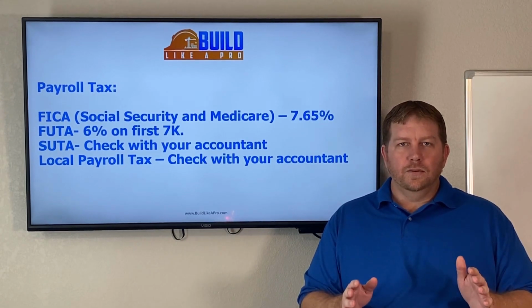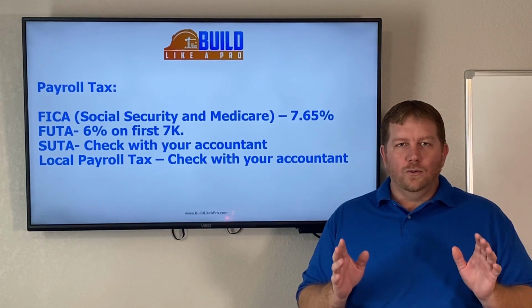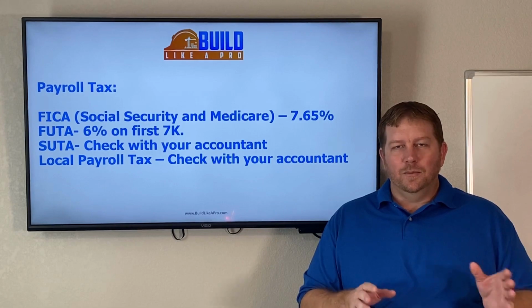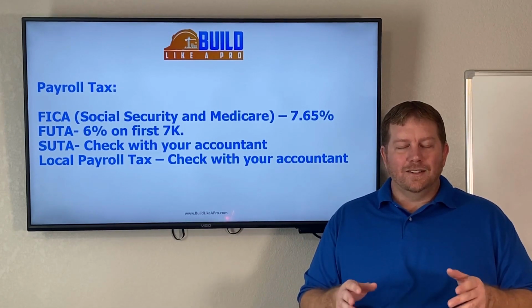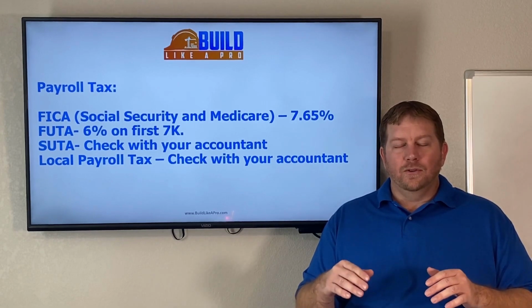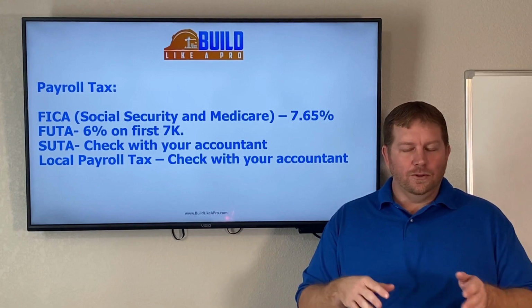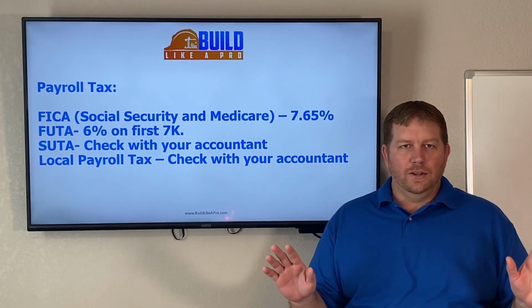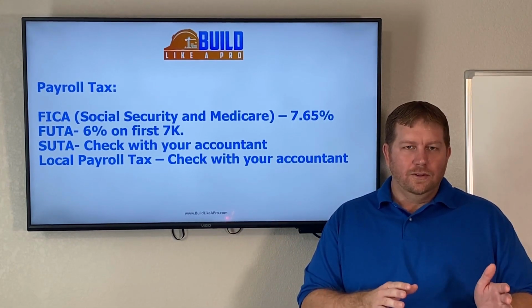The second part of it is a federal unemployment tax. I don't really know why they needed a tax for unemployment, because I'm not sure what it does. But anyway, we still have to pay that tax. So that tax is an additional 6% for the first $7,000 of wages, which is really confusing, right? We got a little bit of tax for a little bit of wages. What I do is I just put it on everything I pay everybody. That way you don't have to worry that you're not covered.